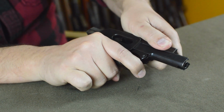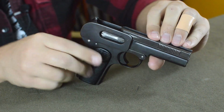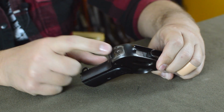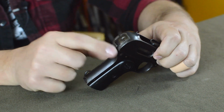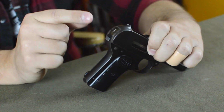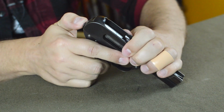I know you guys can't see it all that well, but I can, and that's what's important. It's clear. Then we have to drop the trigger. Well, the reason we have to do this is because when this firing pin is back, the tab below it that sets up against the sear in there, it also interrupts the path of this lever. So you can't actually unlock the action on one of these without firing it. So that's out of our way, and now I can release the lever,